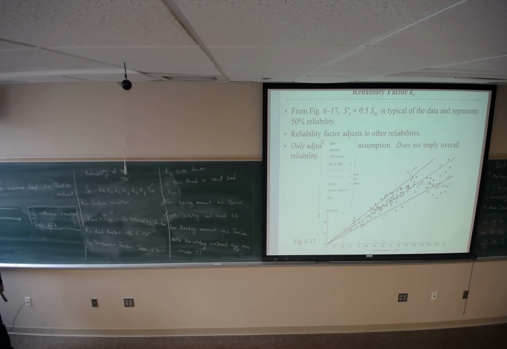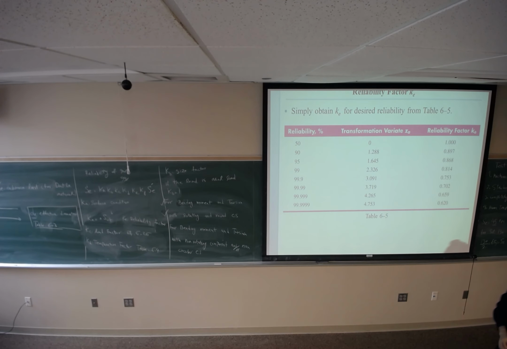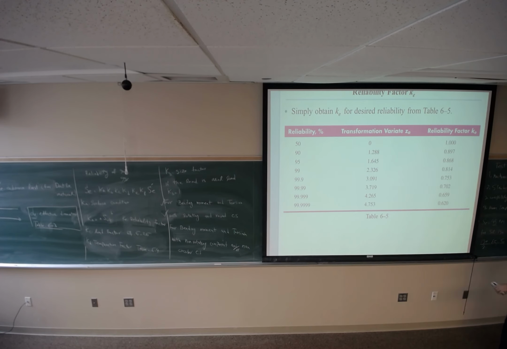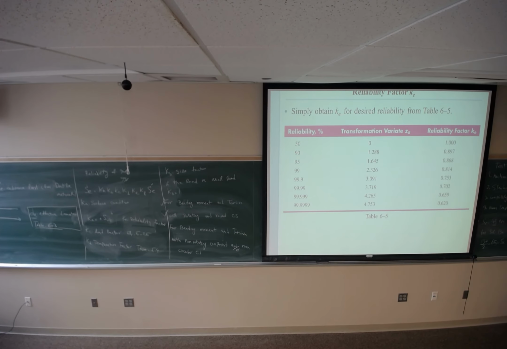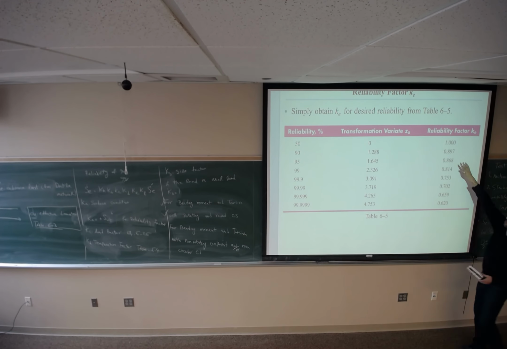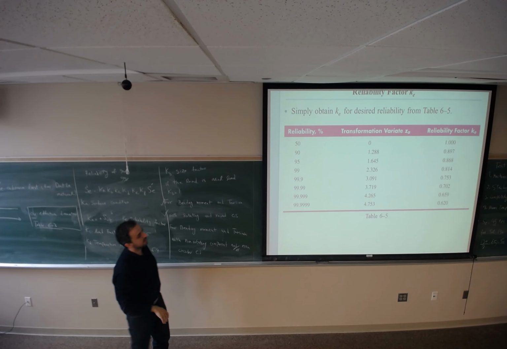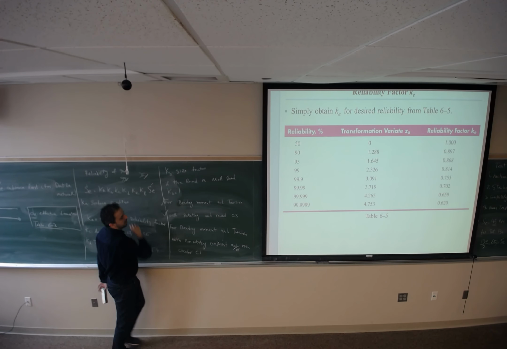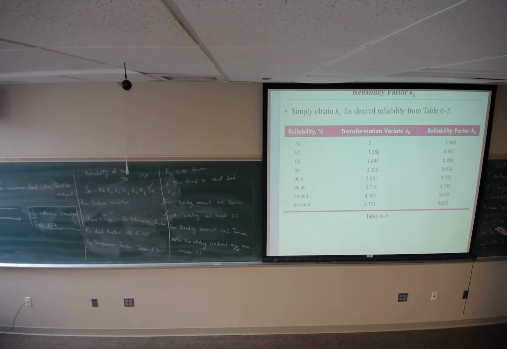So this table is going to tell you what should be the KE in that equation. If you stick with 50%, meaning you are going to use the equation that we talked about, you shouldn't touch this. But if you want a more reliable design, then you have to use the corresponding factor. So for 95%, you are going to use 0.868. When you use 95%, with confidence of 95%, you are sure that SE is going to be